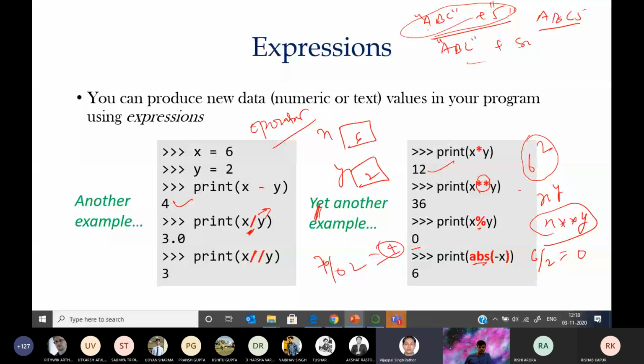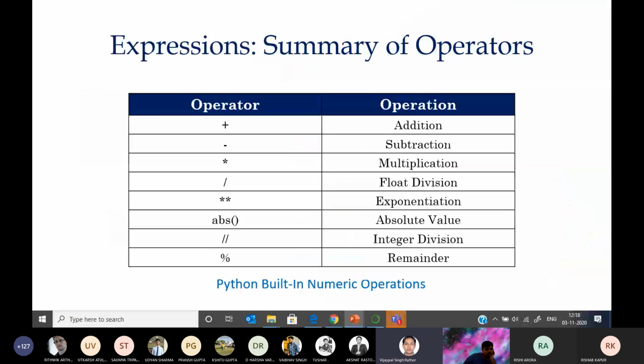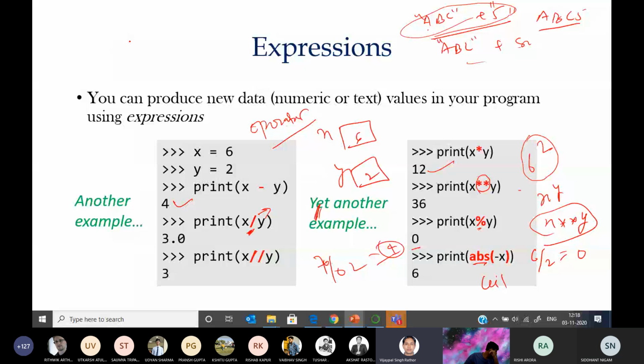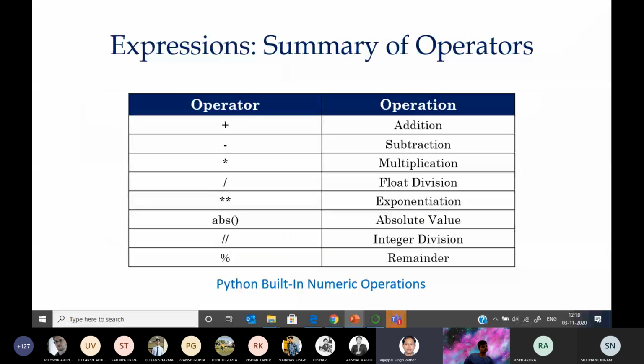Someone has asked that how we can compute the ceiling. Ceiling के लिए ceil function होता है, directly you can use, है ना. Absolute ABS minus x लिखा तो negative value will be converted as a positive value. So it will show an absolute value. Is it clear? Okay. So now सर these are ABS में हमेशा पॉजिटिव वैल्यू आएगी. हाँ, एबीएस में पॉजिटिव दोगे तो पॉजिटिव आएगा और नेगेटिव दोगे तो भी पॉजिटिव आएगा। एब्सोल्यूट का मतलब ही यही होता है ना, एब्सोल्यूट वैल्यू का मतलब भी यही होता है ना। हाँ सर। ठीक है, ओके।